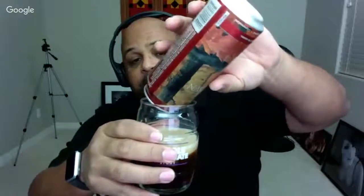This would even be a really good everyday beer. That's a good beer to just have stocked. You know what I'm saying? All the time. Just have it ready to go. It's a good one for people that might be new to craft beer. If your beer a few seconds ago was a Miller Lite, and you're going to the store and you're going to get yourself something a little fancier, if you will, you're willing to spend something better, then